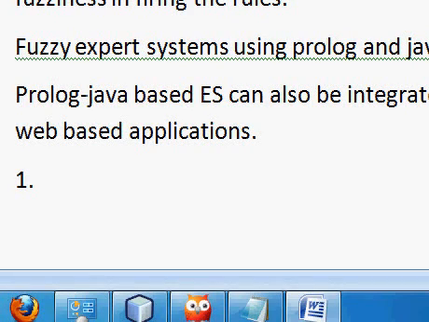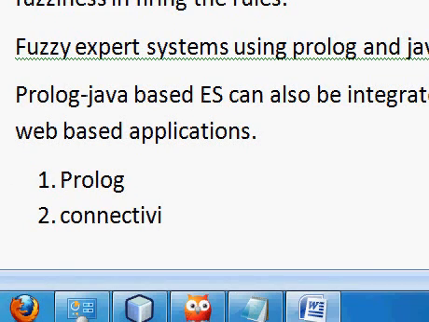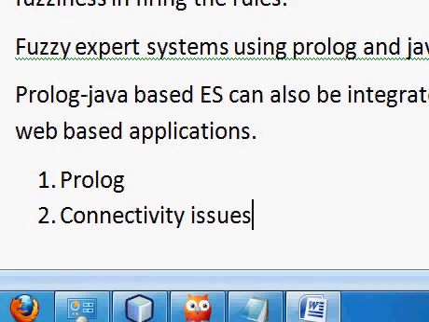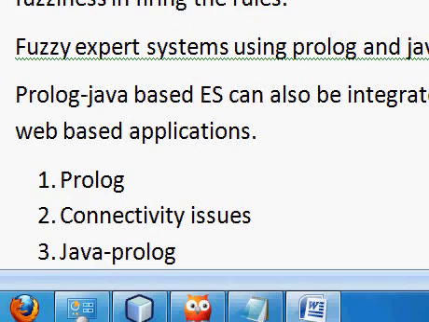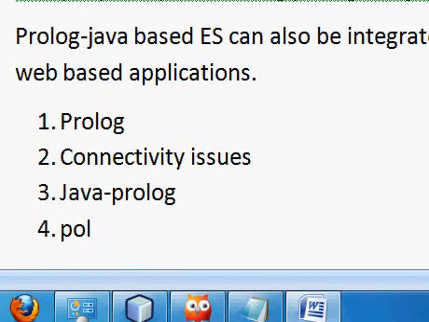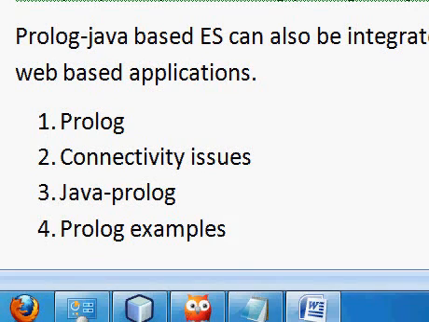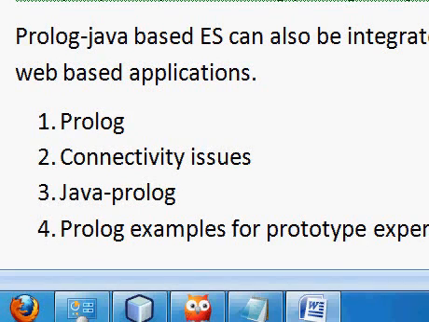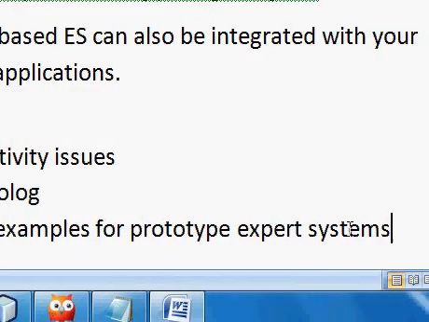First, the main objective is to teach you Prolog syntax and how Prolog works, then connectivity issues, then Java Prolog based examples, then Prolog examples for prototype expert systems